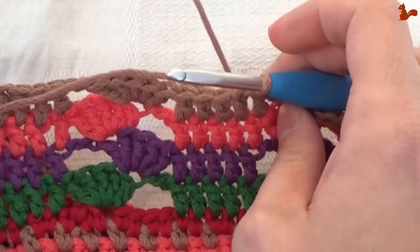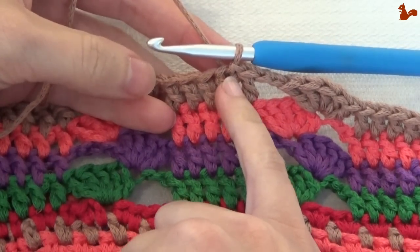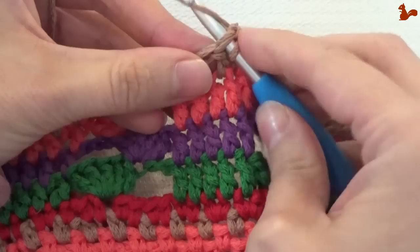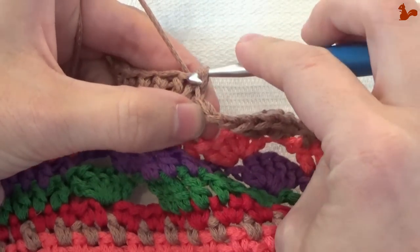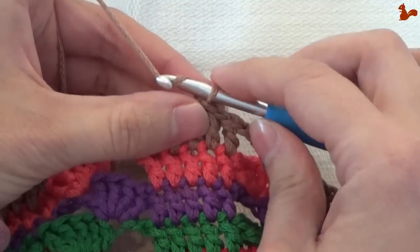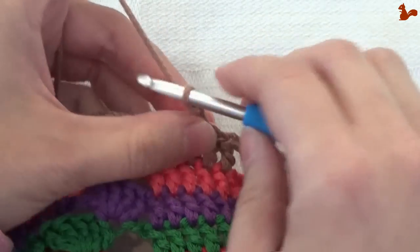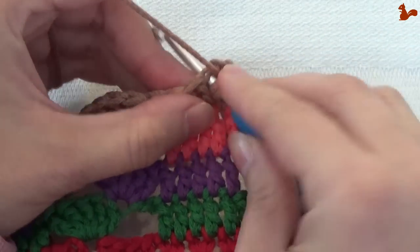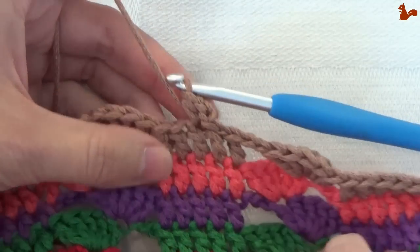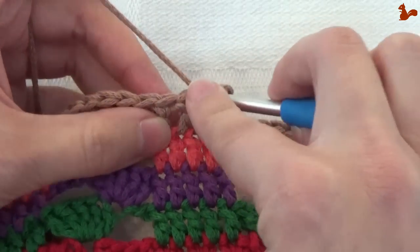I'm going to start with, at the moment in the join here, in that standing double crochet, I'm going to go with the slip stitch to the next stitch. Like so. Chain 2, this chain 2 does not count as a stitch, and we're going to make a half double crochet in the same stitch, and this half double crochet is of course your first stitch. Make a half double crochet on the next 3 stitches also,